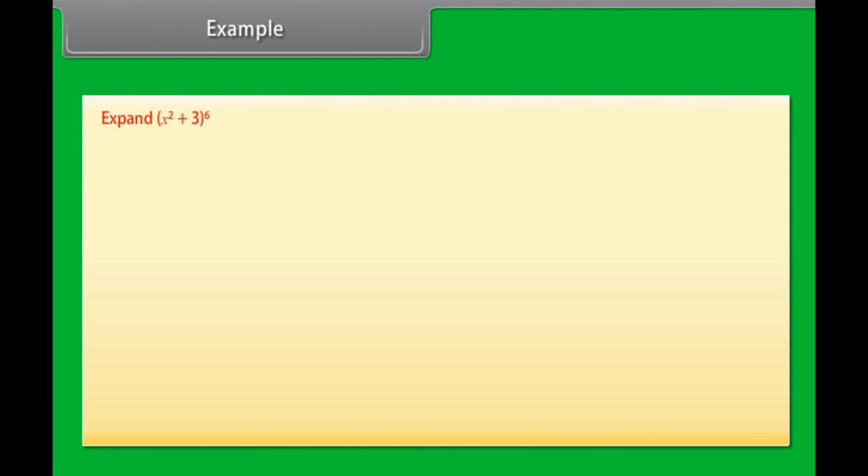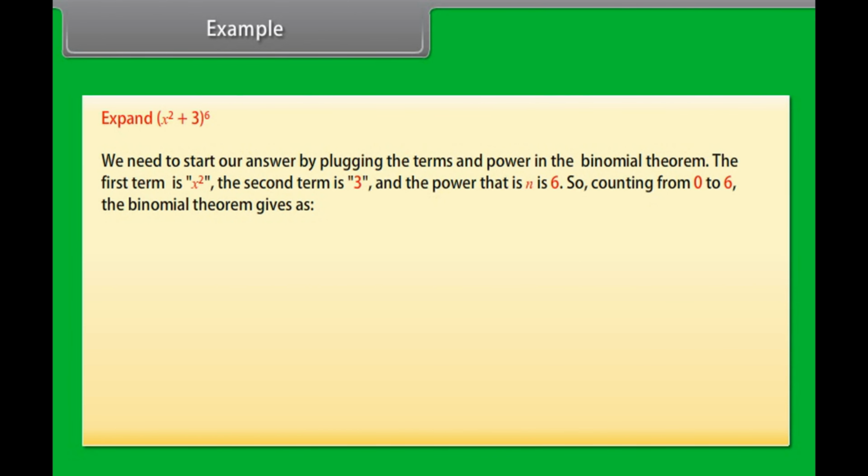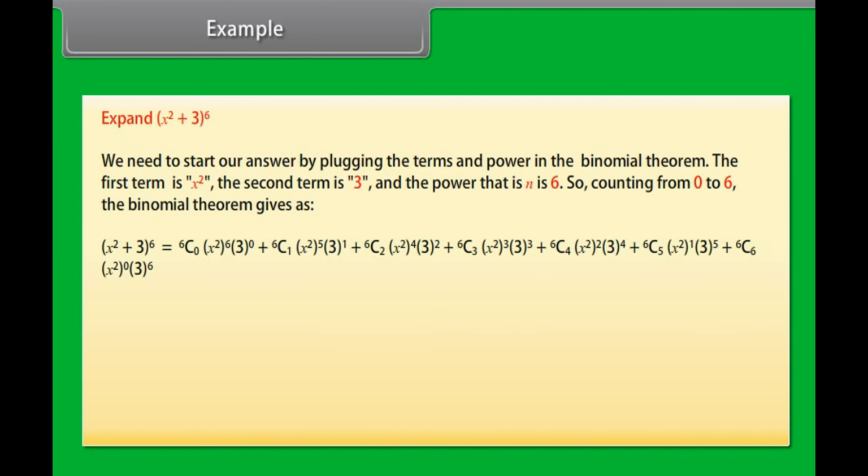Example: expand x square plus 3 raised to power 6. We need to start our answer by plugging the terms and power in the binomial theorem. The first term is x square, the second term is 3, and the power, that is n, is 6. So, counting from 0 to 6, the binomial theorem gives x square plus 3 whole power 6 is equal